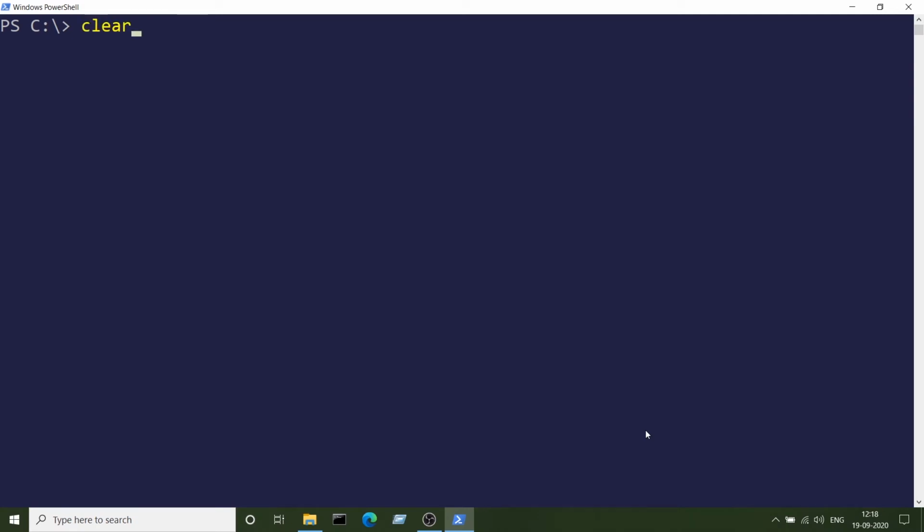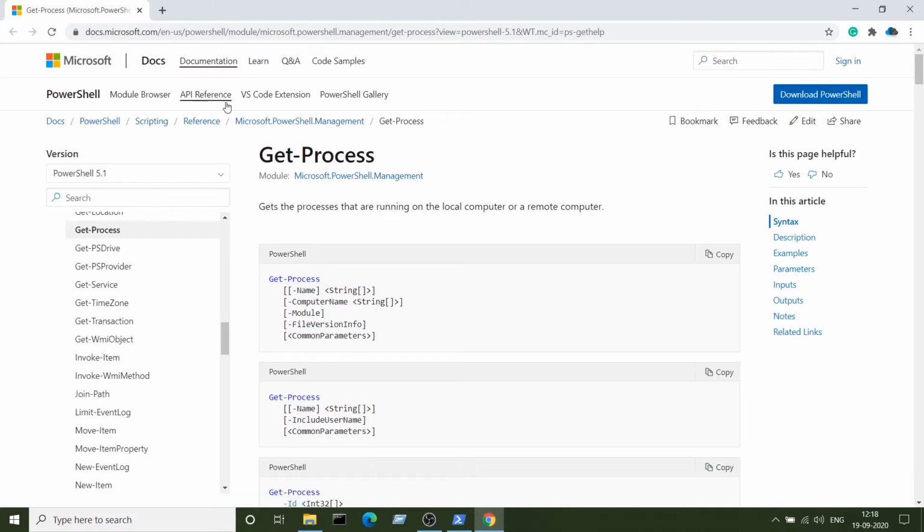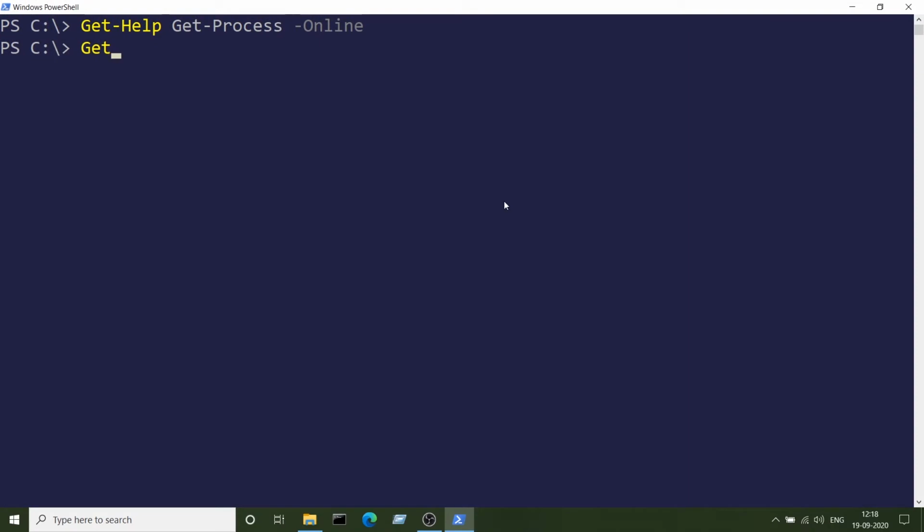You can also use Get-Help Get-Process -Online to get the online documentation for the commandlet. To get details on the methods and properties available in a commandlet, you can use Get-Member commandlet.